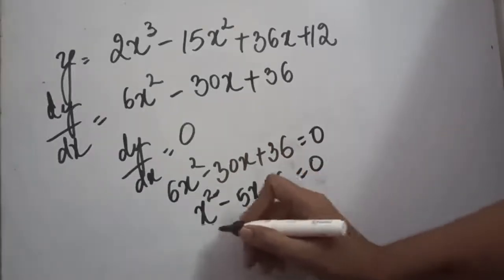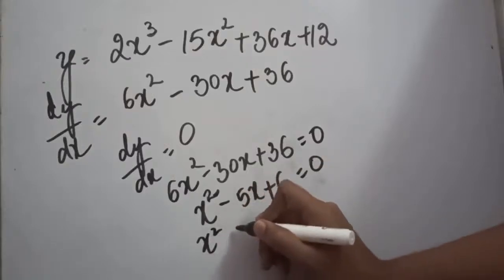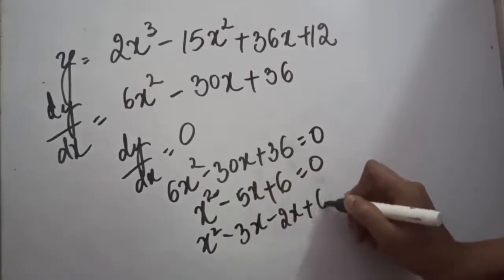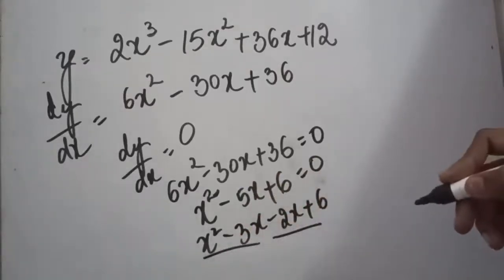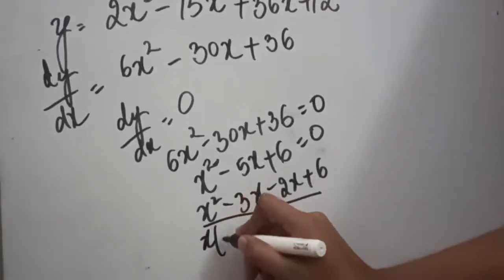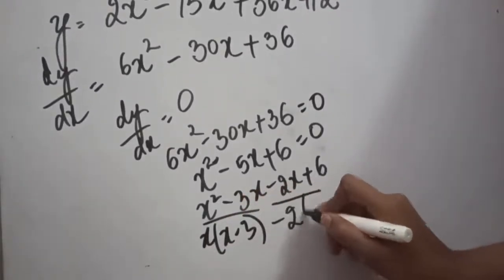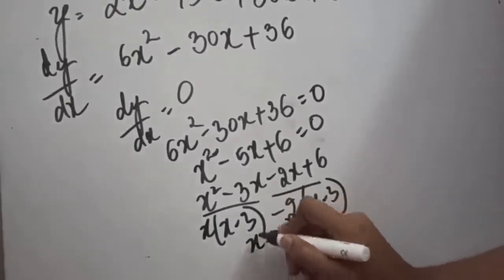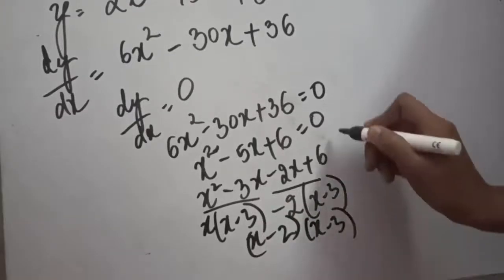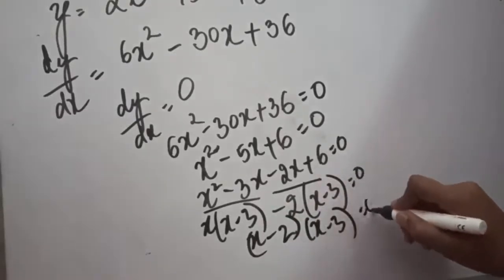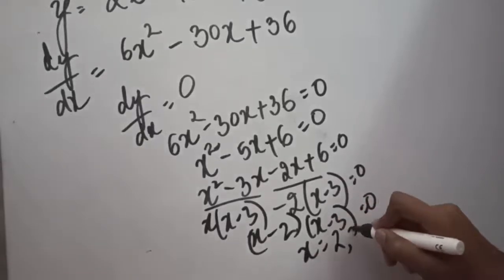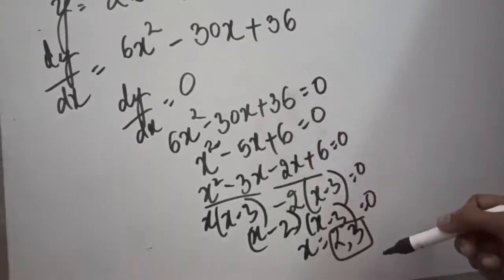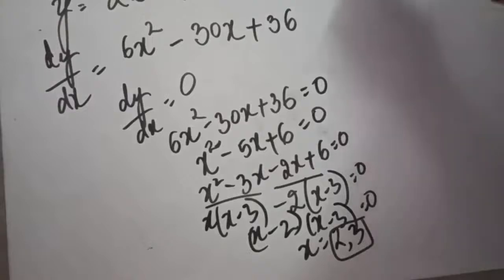Now in order to solve this further, we will make factors of this. I hope you understand, the factors of this will be minus 3x minus 2x plus 6. So from these two values we will calculate the values of x. Here x minus 3 and here minus 2 is common, so it will be x minus 2 and x minus 3, equal to 0. So we have got two answers of x, that is 2 and 3. Like this we will calculate the values of x. Here in this question we are getting two values of x.